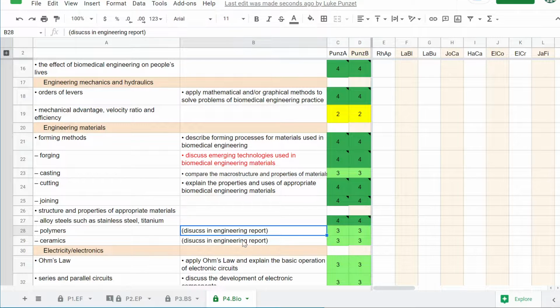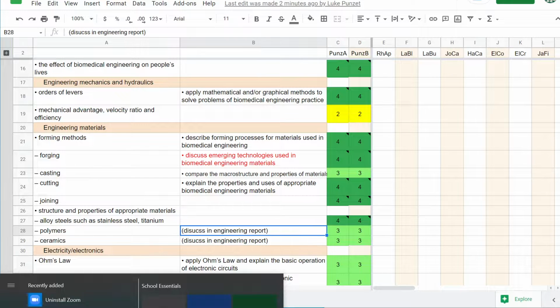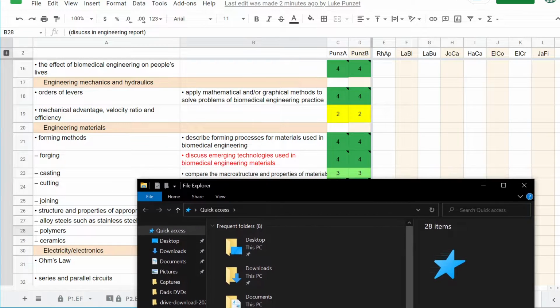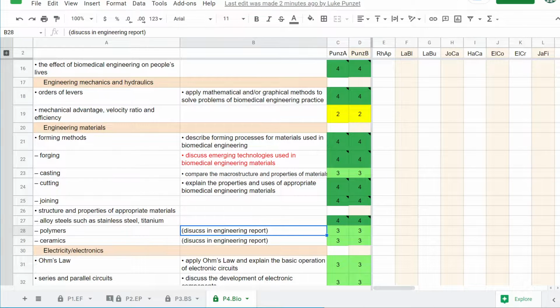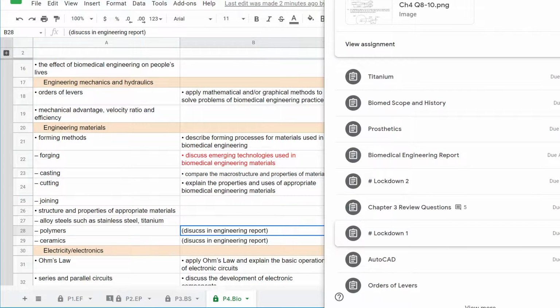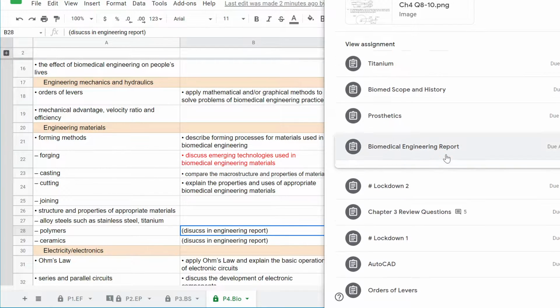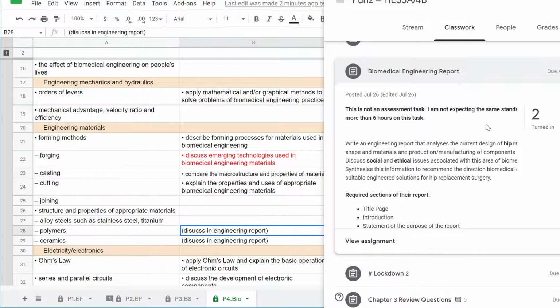It's important to say that this is effectively covered already in the engineering report. We talk about polymers and ceramics, and the application of them. Let's bring up the sample report that I have, and we'll talk about it there. So just to give people another opportunity to see. Now, the sample report that I've given you, I've used lorem ipsum. Lorem ipsum is placeholder text. It looks like Latin, but it's just